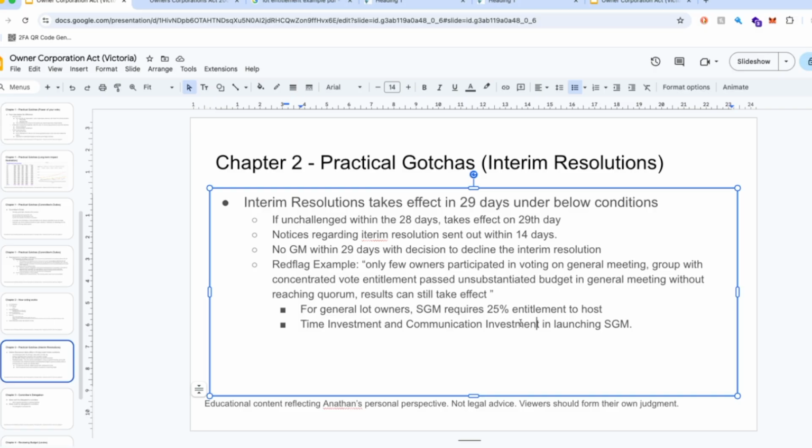But if there's some group that has even, say, 20% of the voting power on the day, right? They could push an item that's not in the interest of the overall OC, across,